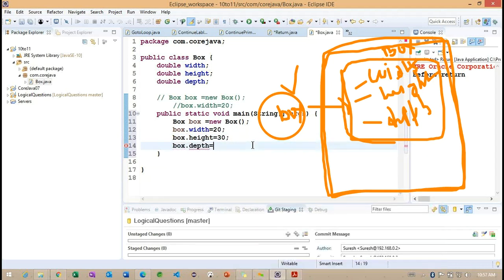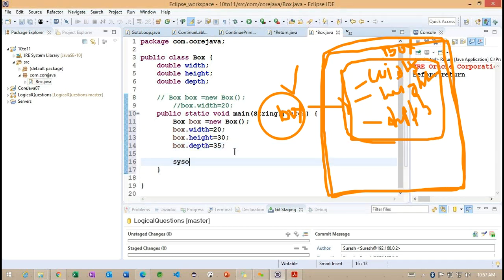Box dot depth is equal to 35. So width, height, and depth are initialized. This is the way we can initialize values.